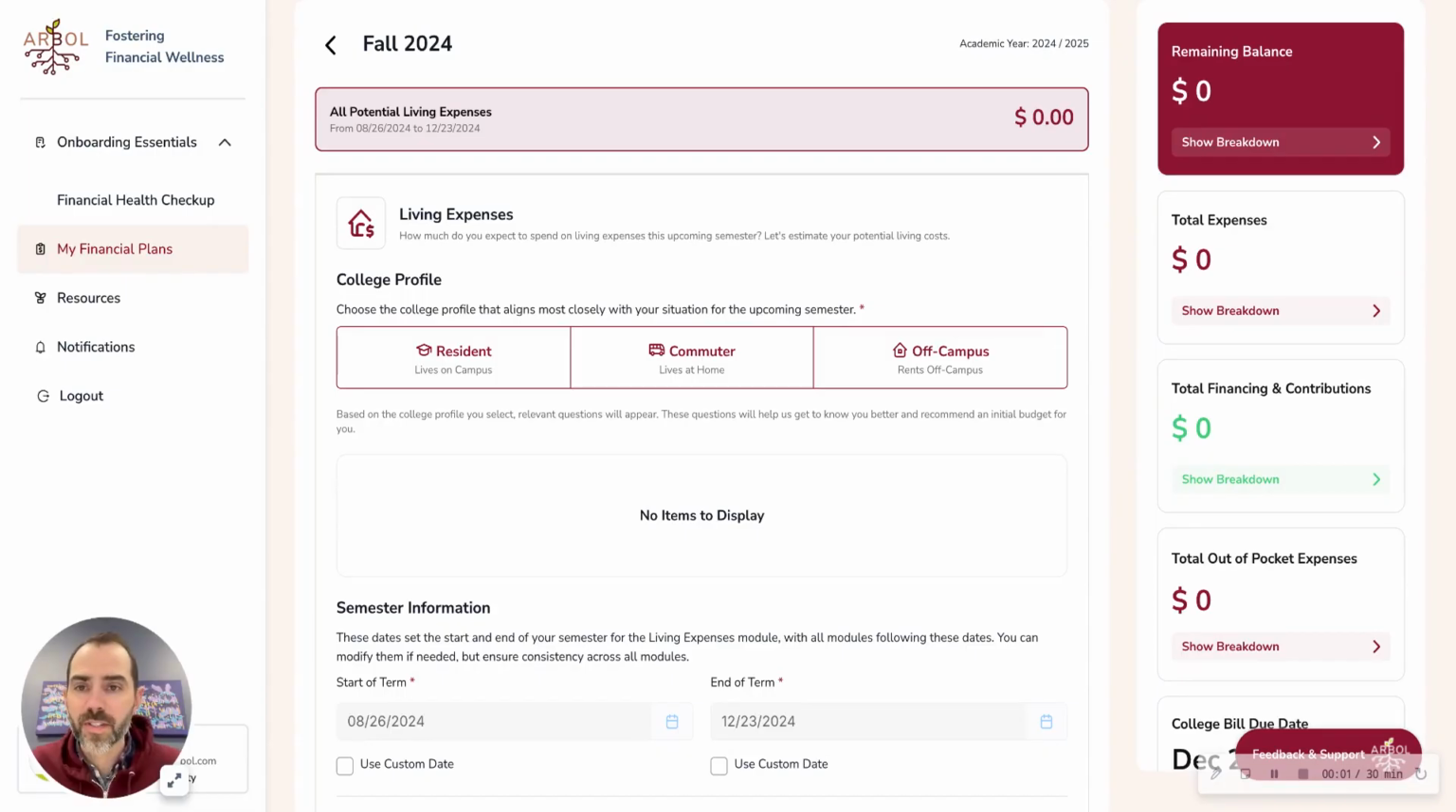The Living Expense Module is intended to provide students with the opportunity to account for all of those indirect expenses outside of the classroom. So the first thing you'll notice is we are summarizing all potential living expenses from August 26th, 2024 to December 23rd, 2024. So that spans, obviously, the fall 2024 semester. So the idea here is we're going to build an indirect budget for all things outside of the classroom